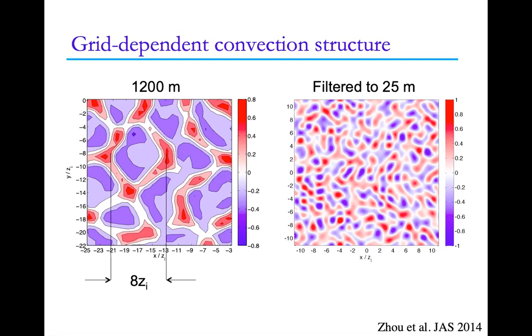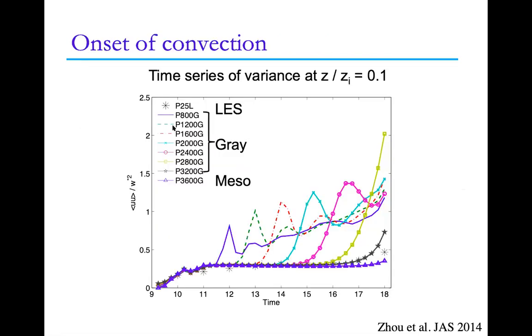One other interesting thing that happens is that the timing of the onset of convection very much depends on the resolution that's chosen. So we're looking here at the total UU variance as a function of time. And you can see that as the heating begins in the morning, this increases and it plateaus to some level in the mesoscale model. And the LES actually agrees very well with this. And that's because in the LES, you're explicitly resolving the convection. In the mesoscale, you're fully parametrizing it.